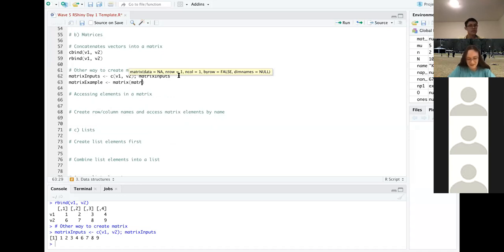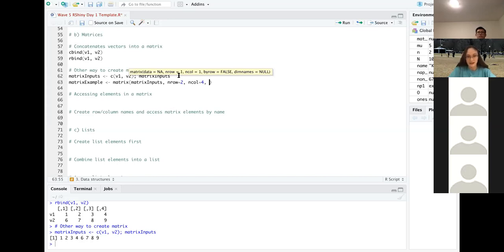The first argument is matrix_inputs, which is the list of things. The second is nrow, the number of rows we want, and then ncol, the number of columns. So 2 by 4, 2 rows, 4 columns, because we have 8 elements.